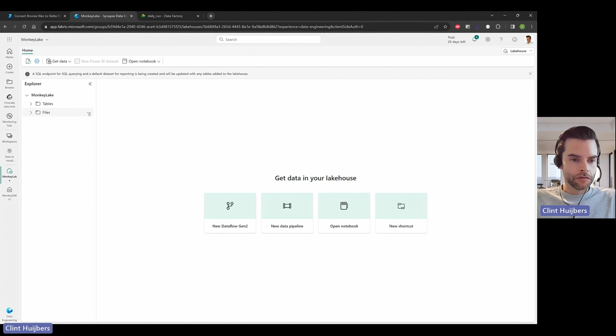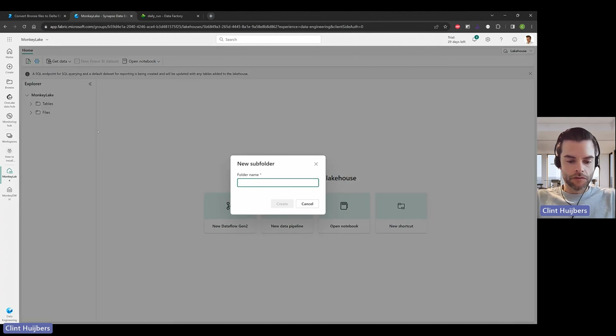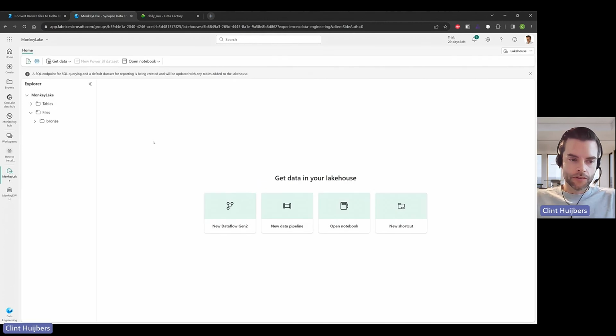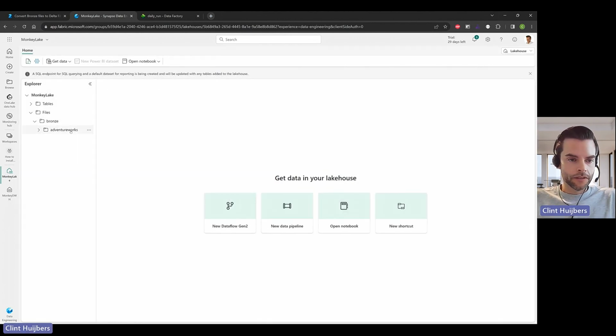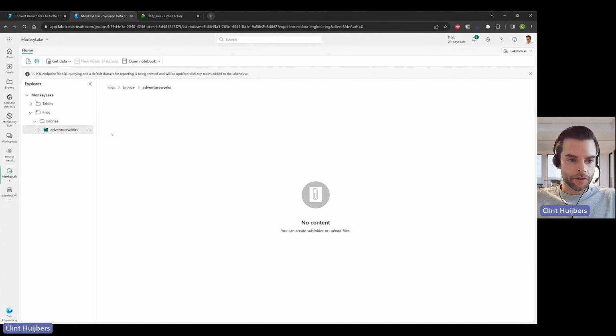No tables, no files. I'm going to create a new folder. So sticking with the medallion, so bronze, silver, and gold. If you would like to change this to a landing or a raw folder, just find and replace it in all the code. Make sure bronze isn't in there anymore. Sorry, but it should be fairly easy to do that. AdventureWorks, which is the new source we're going to add, and then let's upload a